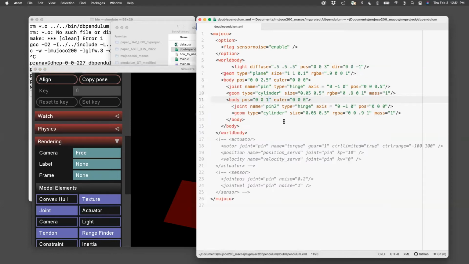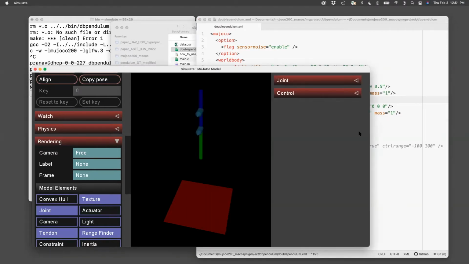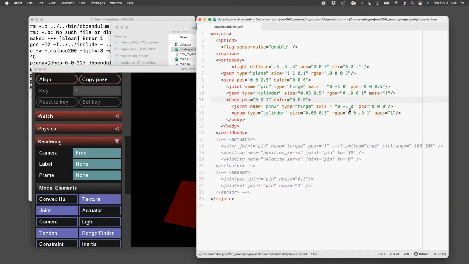Okay, so then we've done that. Now let's try to move the joint axis. In order to figure out which is which, we can just try to move one of them, and the one which moves when you change the location is the one we're trying to move. So let's move the position of, let's say, pin 2 to position here,